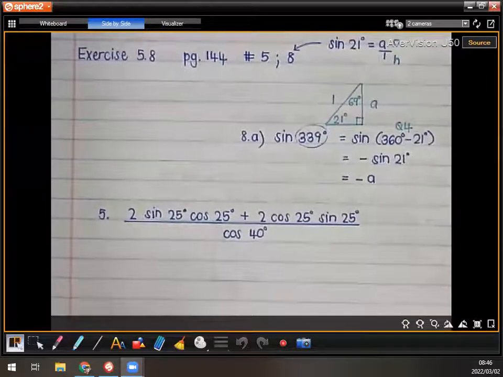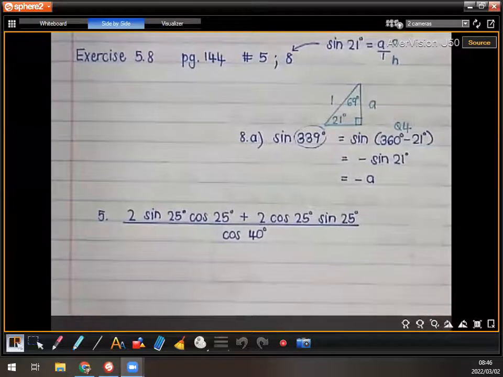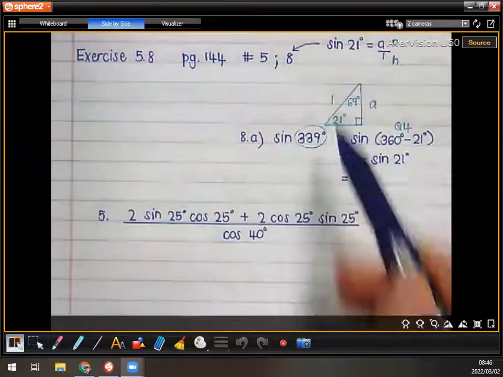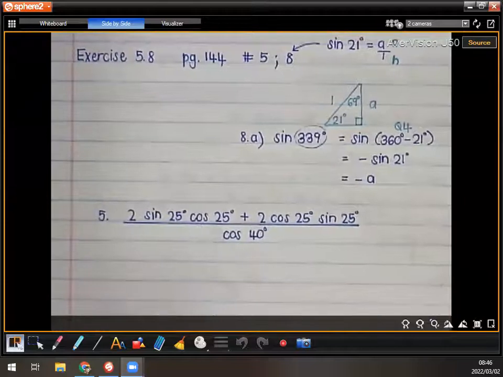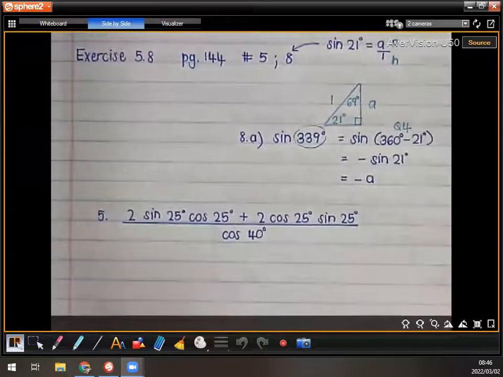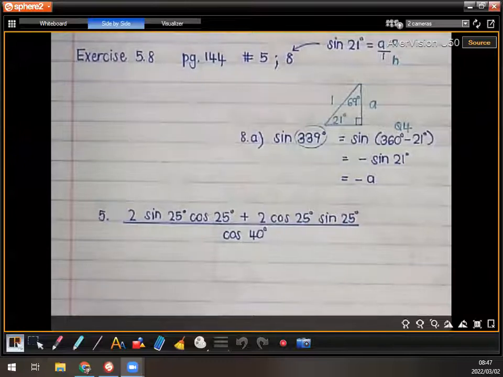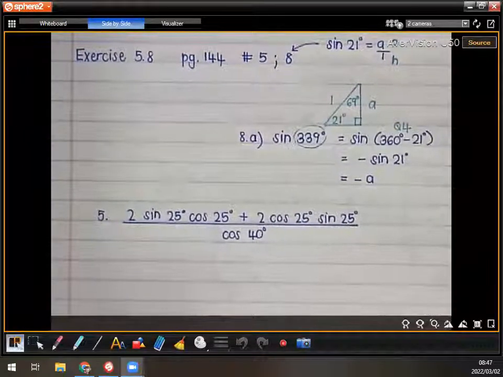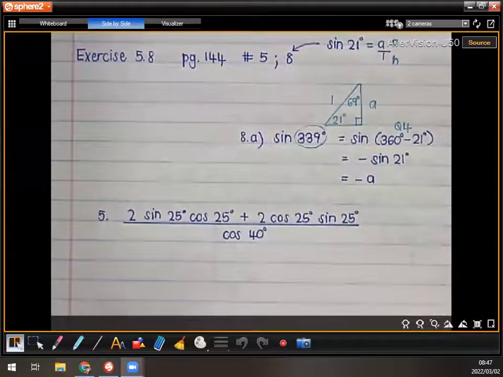Without a calculator, you're going to try and work out what that is equal to. And then I've done 8A for you, so you can copy that one down and then look at